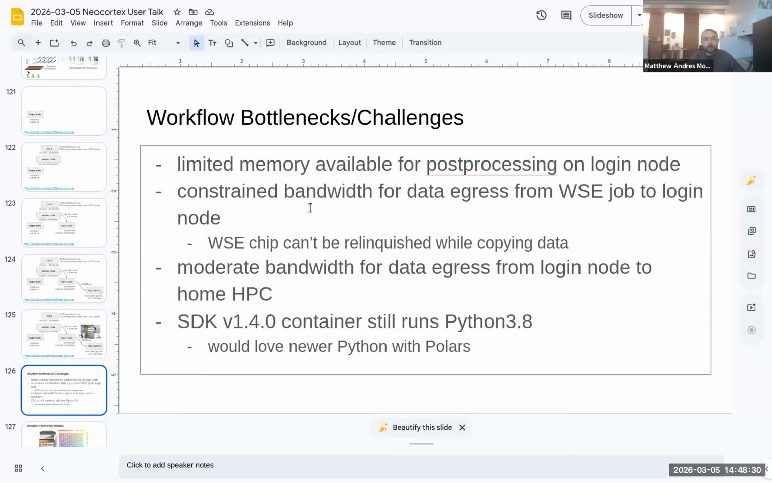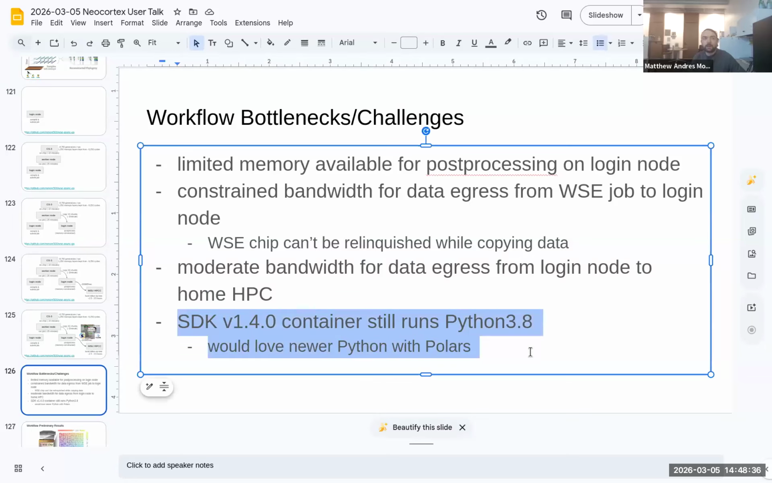I think I already talked about some of the challenges and bottlenecks, but one thing I haven't mentioned is another limitation of working in this environment: a lot of the job is run within a containerized environment, an SDK container that Cerebras maintains. The current version of the SDK is 1.4.0, which I think was released a little less than a year ago. And this container currently runs Python 3.8, which is not ancient, but old enough that